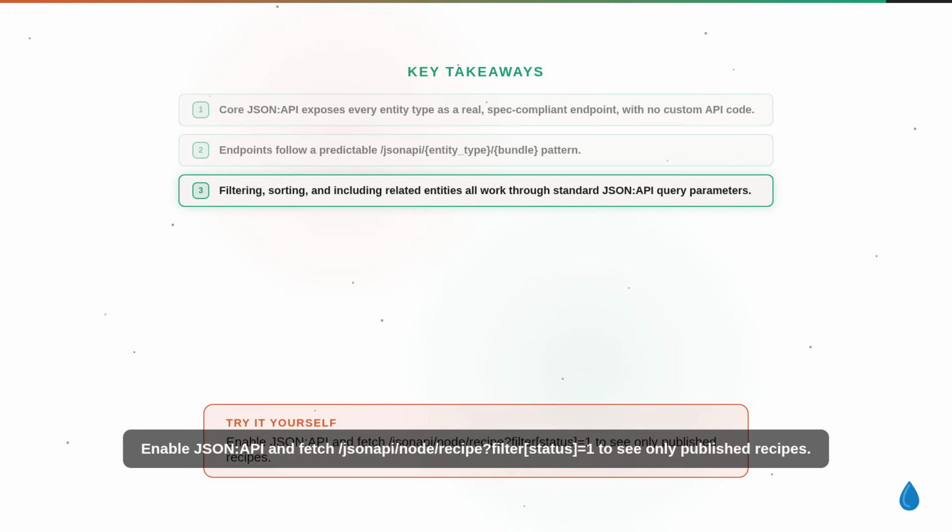Enable JSON API and fetch /jsonapi/node/recipe?filter[status]=1 to see only